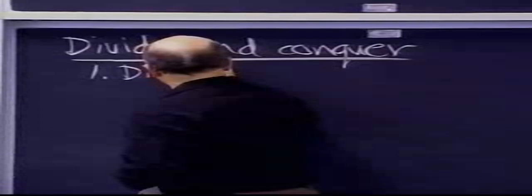Okay, so it's a divide and conquer algorithm, and the first step is the divide step. The basics of quicksort is sort of the opposite of merge sort in some sense. In merge sort, the divide is very simple. We just do an index calculation to find the middle element. To divide, it's all implicit, so it's trivial. And then we recursively sort the two subarrays, and then we merge them.